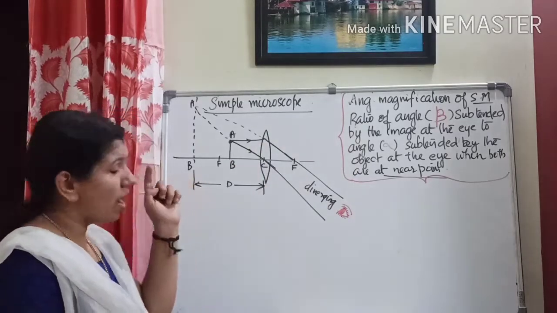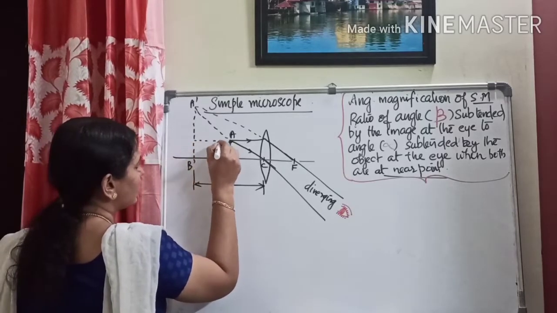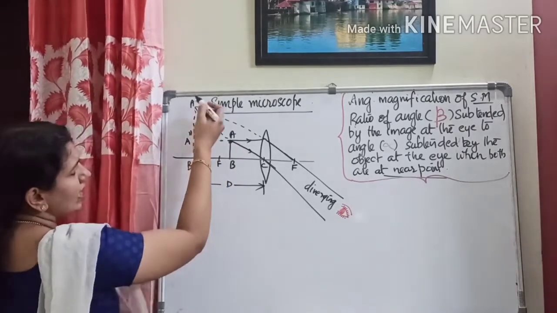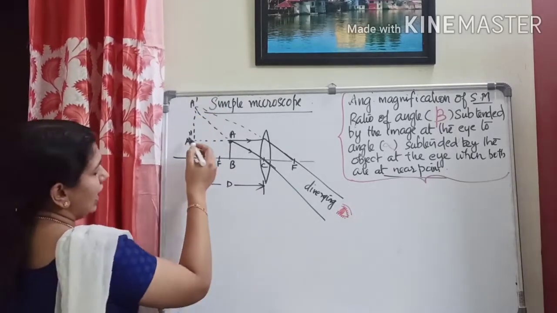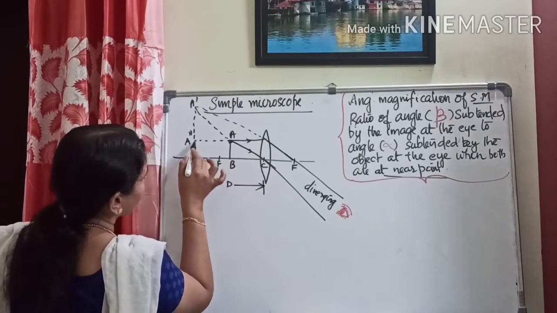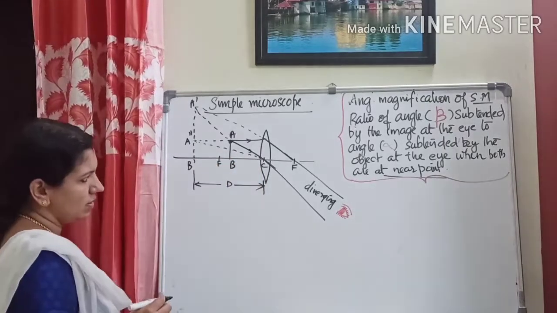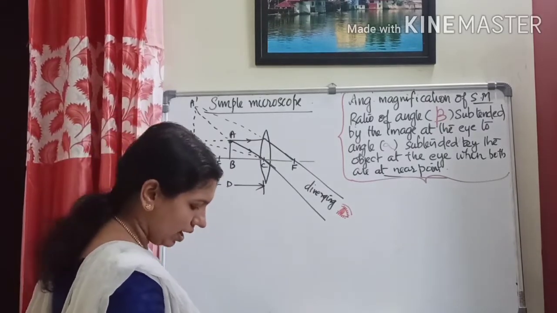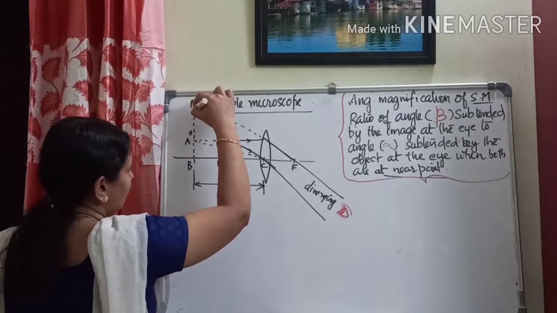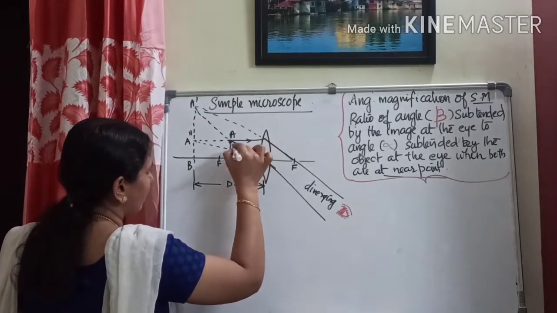Okay. Now, let us mark the angles. For that, this distance, I will name it as A double dash. Already I have given a name A dash. Okay. A double dash. Now, one more thing. I want to mark the angle there. So, this is the angle made by the object. Clear? Make it clear. Okay. Angle made by this is the image. This is the image making an angle with the eye. So, this is beta.